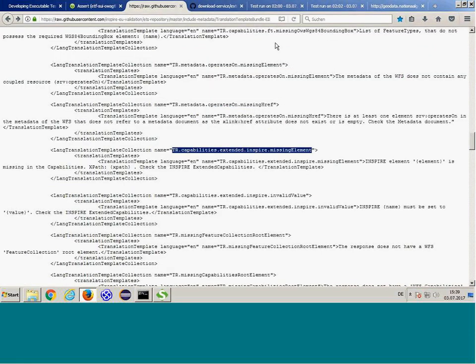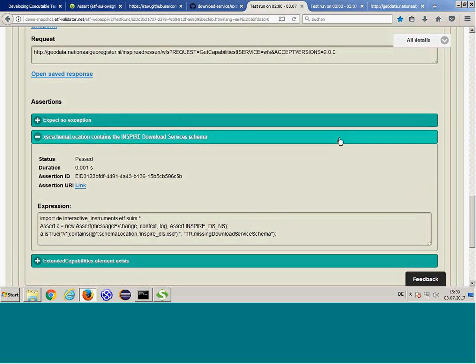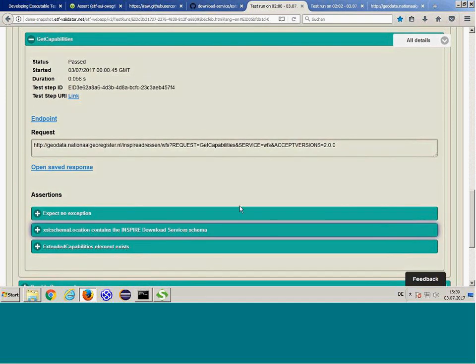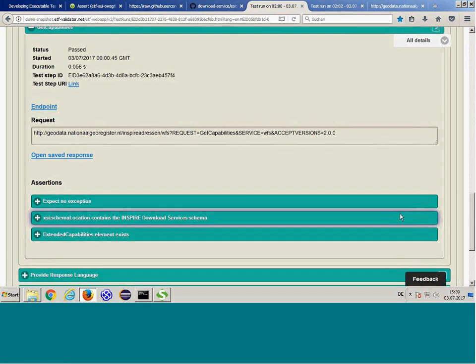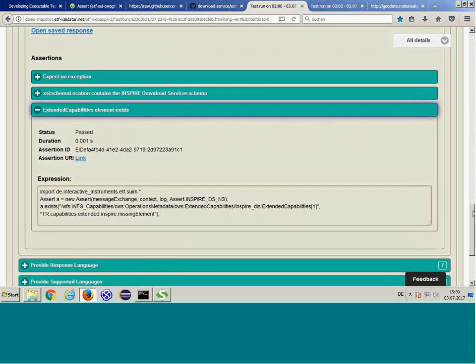How does it look in the INSPIRE validator? Executed in the INSPIRE validator, you see here, when you evaluate all details, you see the expression of the assertion, and this is what has been added here in the SoapUI tool.